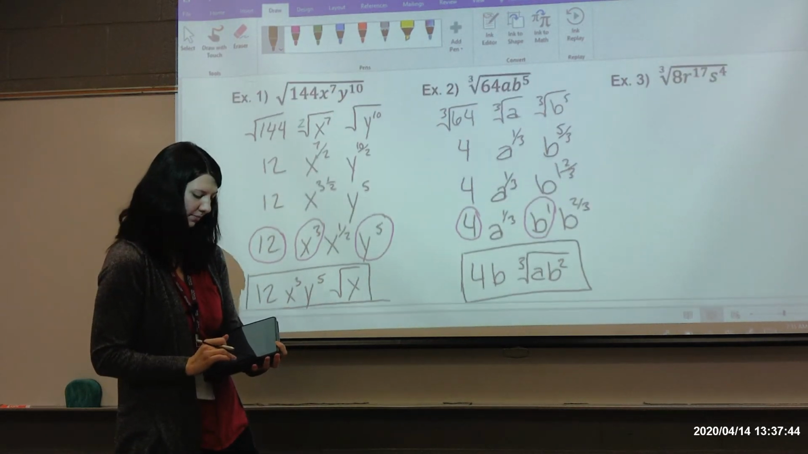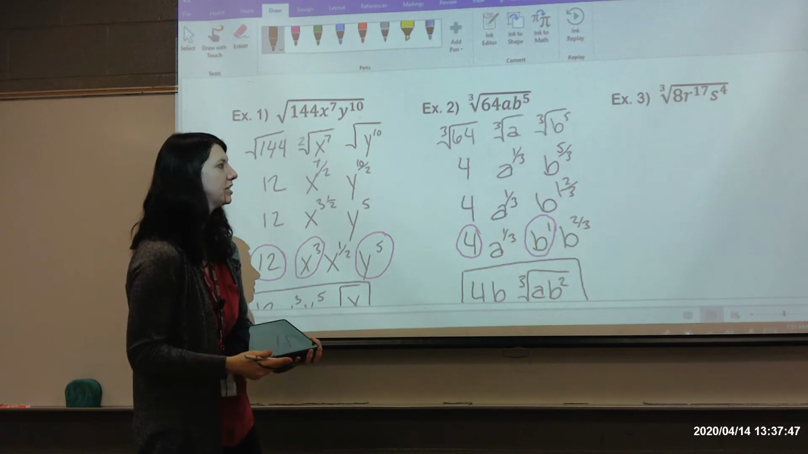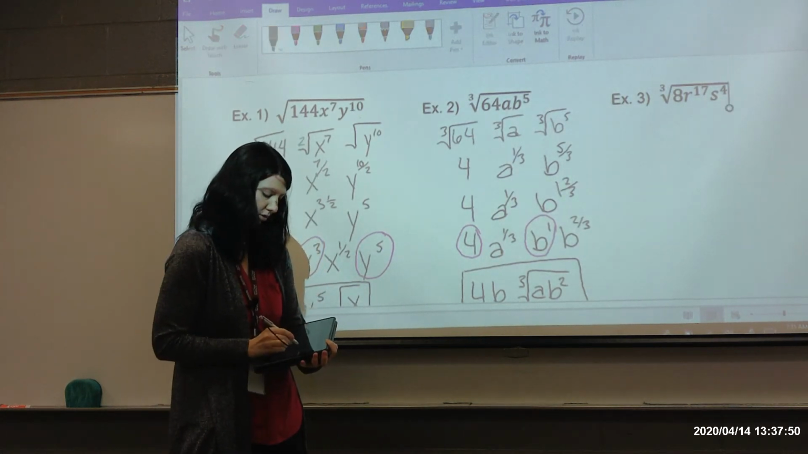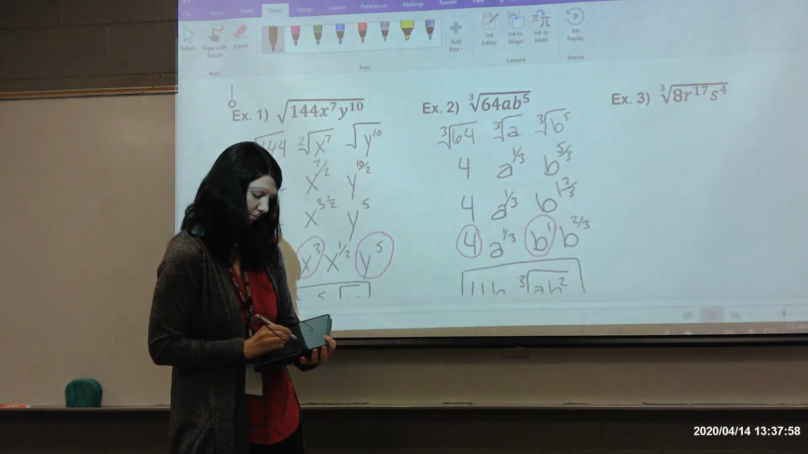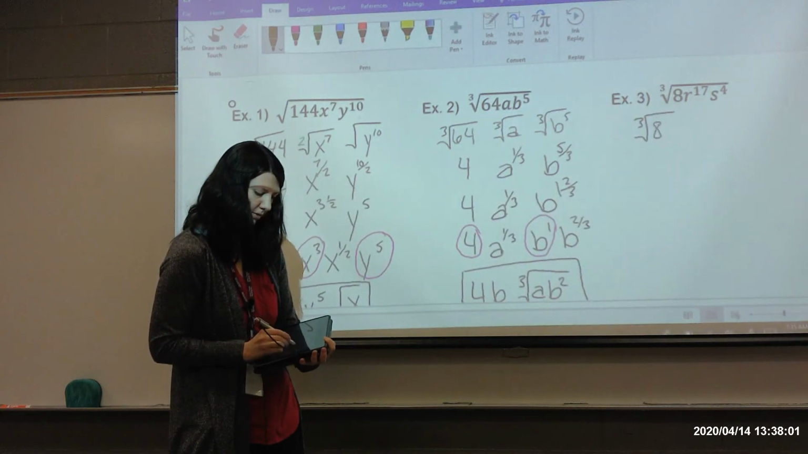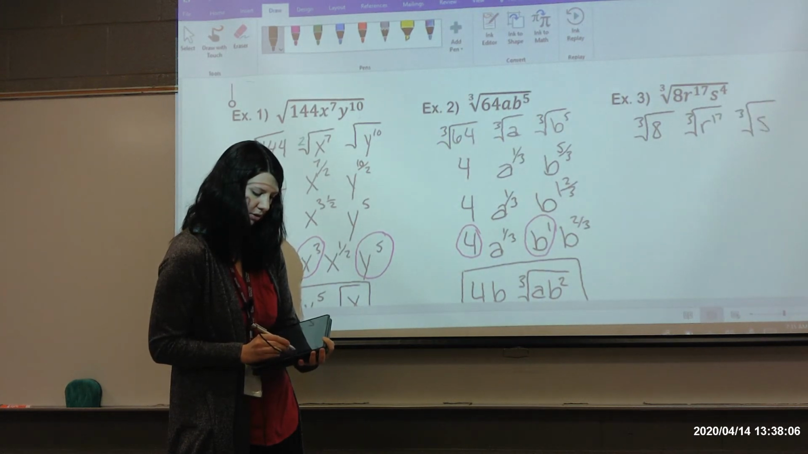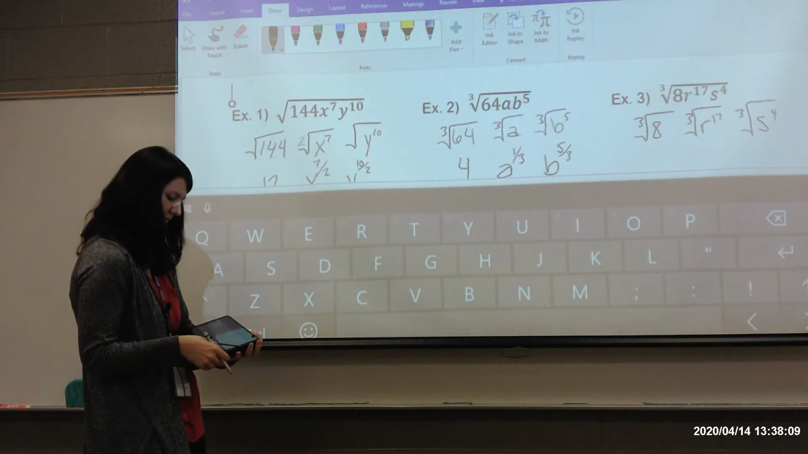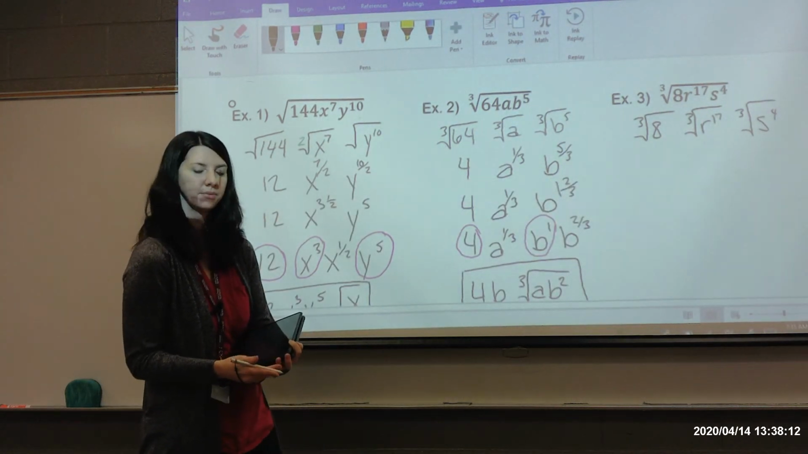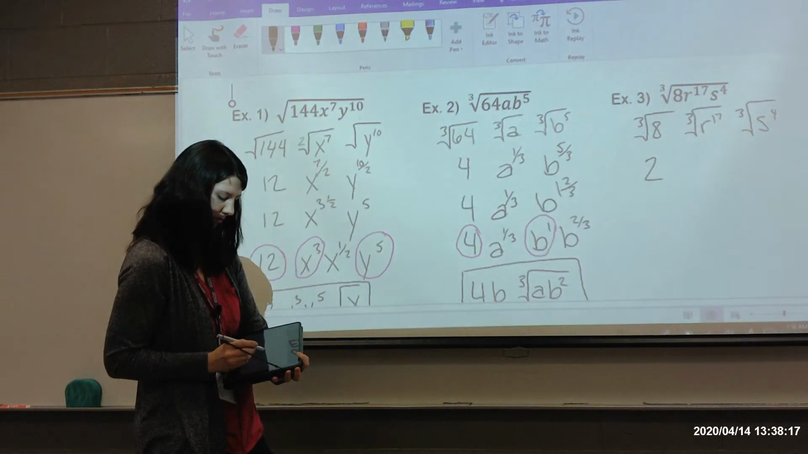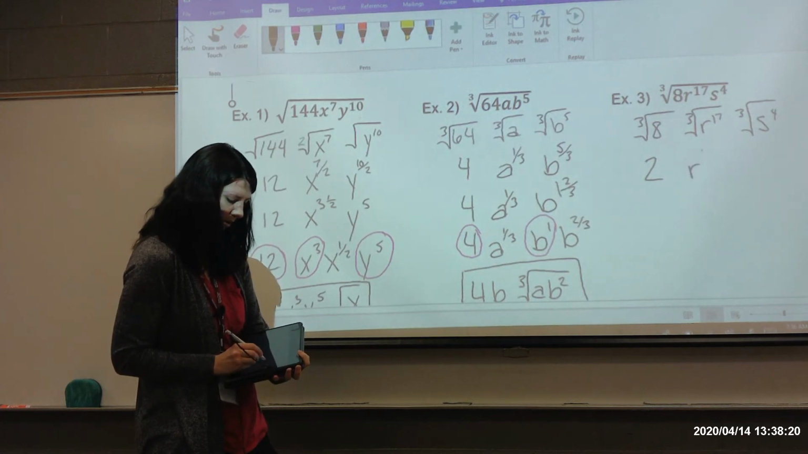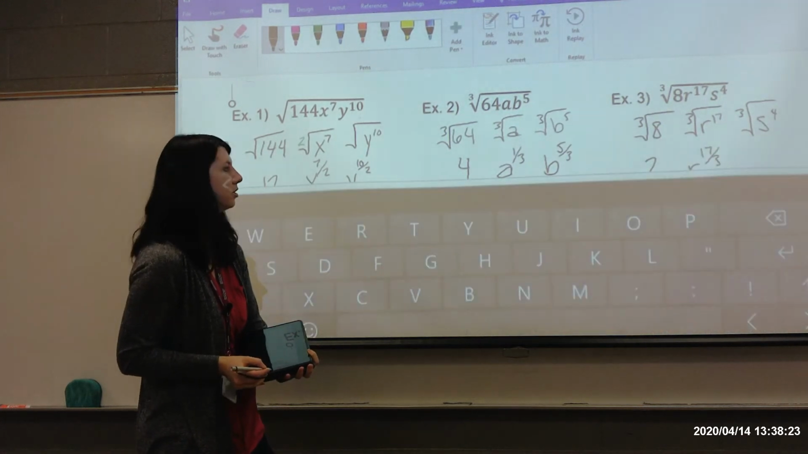All right, last one. Cube root of 8, r to the 17th, s to the 4. Oops, separate. Sorry about that. There we go. Cube root of 8. Cube root of r to the 17. Cube root of s to the 4. Okay? Cube root of 8. What is the cube root of 8? Good. Okay. The cube root of r to the 17, I'm going to rewrite, is r to the 17/3. The cube root of s to the 4,